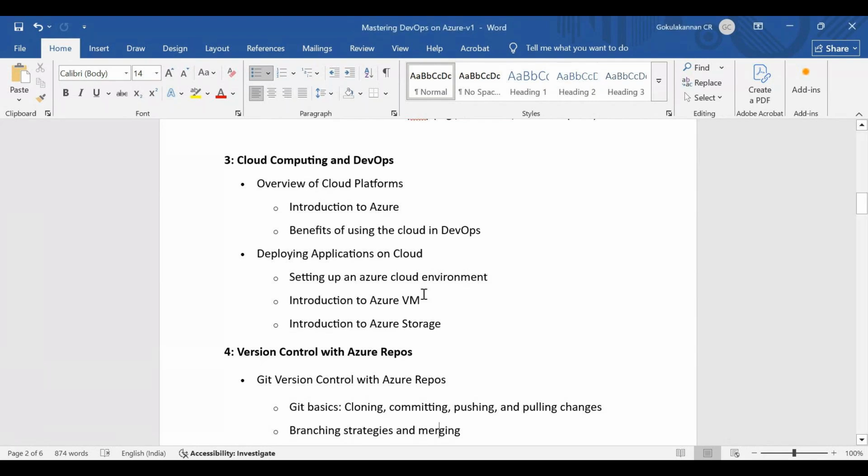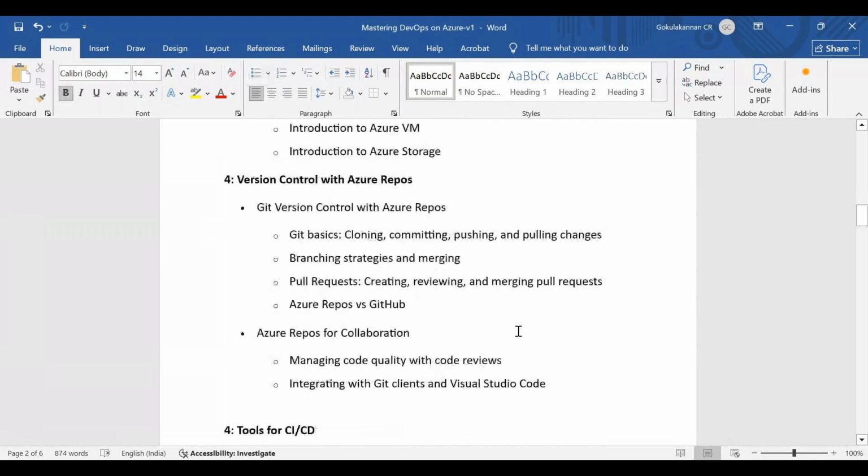And repositories, so this is used by both testers and developers, because if you're a tester, you have to commit your code. That is your automation script. You have to keep it in a common place. So I'll be covering both Git repository and also Azure repository, because as I'm going through the DevOps concept, it is not going to be purely Azure repos you will be using in your organization. You will use a Git repo also.